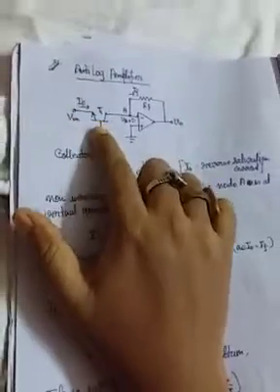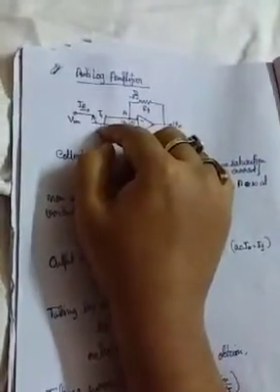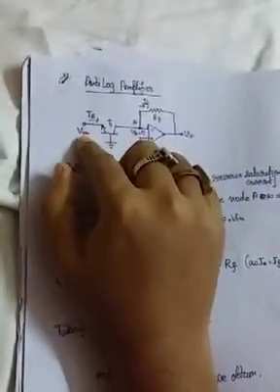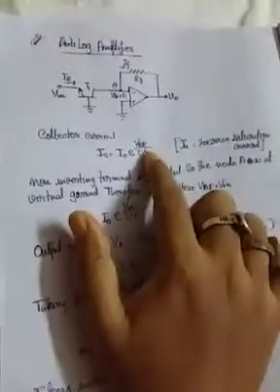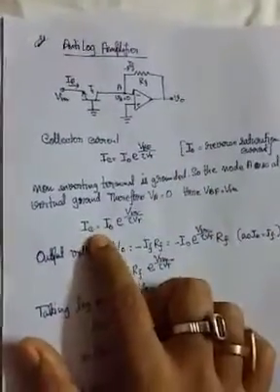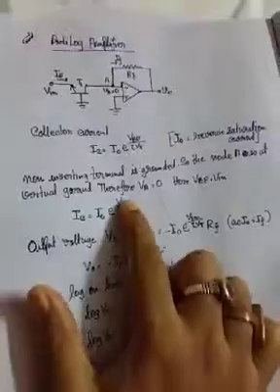we can say that whatever the input voltage Vin is, that is equal to the base emitter voltage, because the other voltages are 0. Whatever voltage is applied here, Vin, is basically the base emitter voltage. This is the base and this is the emitter. So we can say that VBE is equal to Vin. So this equation is now reduced to IC is equal to I0 into e to the power Vin by